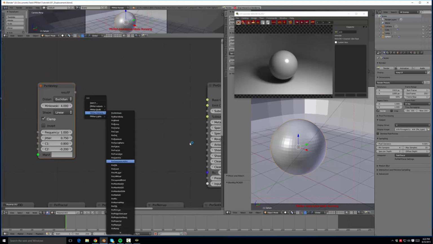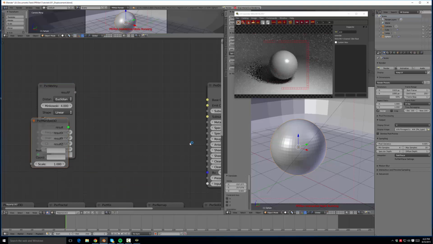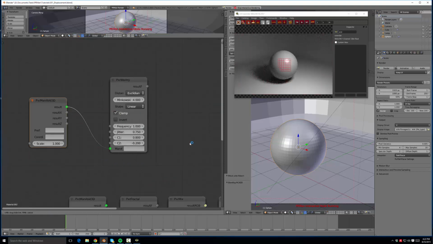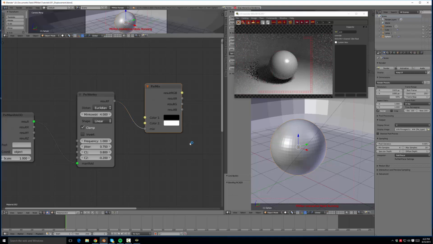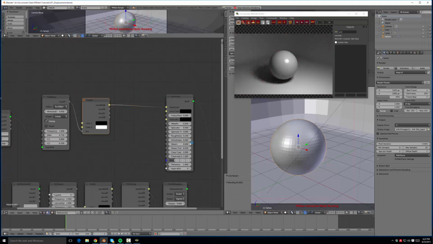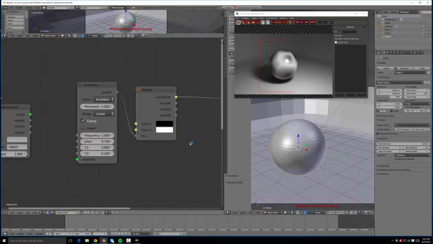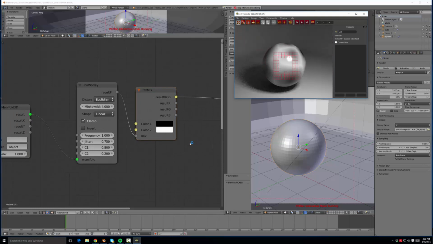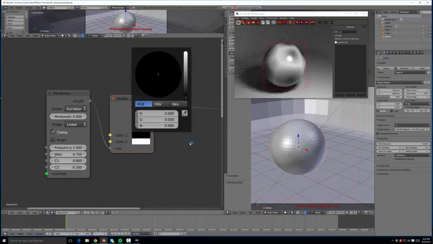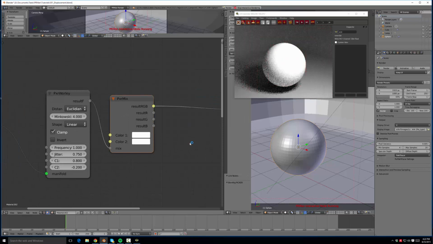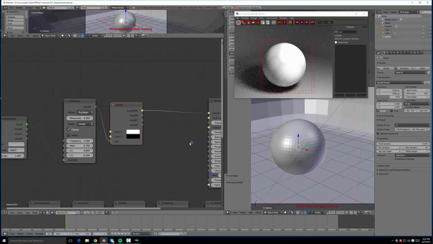So we're going to go ahead and add our PXR Manifold 3D, plug it in, change this to Object, save. Then we're going to add a nice PXR mix and plug this into the base color. And we get this neato looking thing. It's like cells. It's so cool. We're going to flip these colors inside out. So we'll do white here, black here,